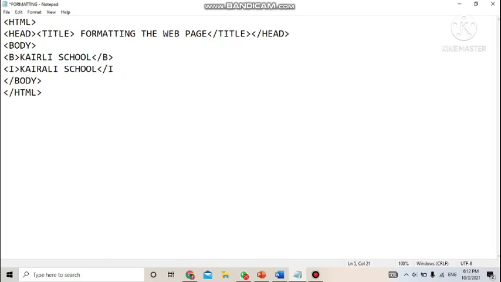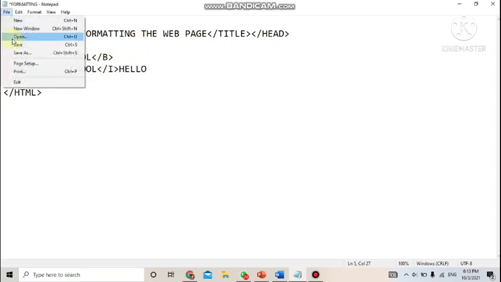Wherever you close it, if you write something after that, it will not appear in that format. On tag and off tag, only whatever is written inside will be formatted. Suppose I'm writing here hello. This will not appear in that format. Let's save and refresh the page. Can you see this? Carolee School is slanting, but the hello which I had written is the same as before.